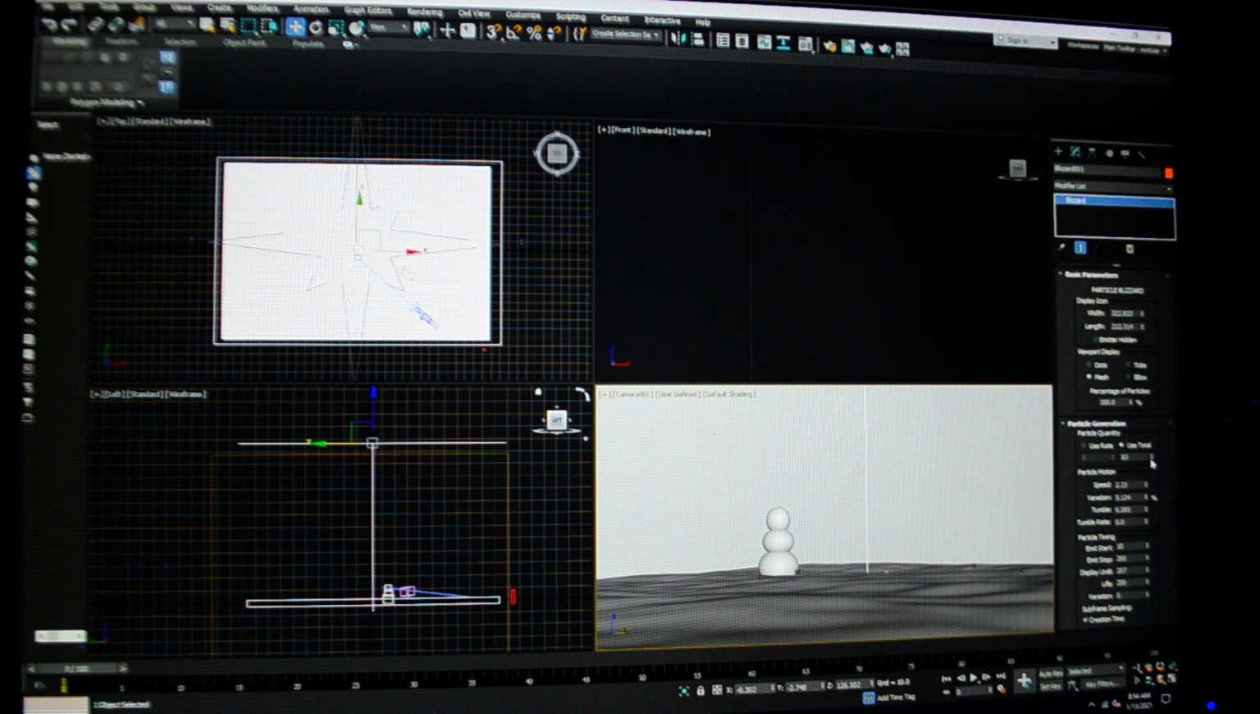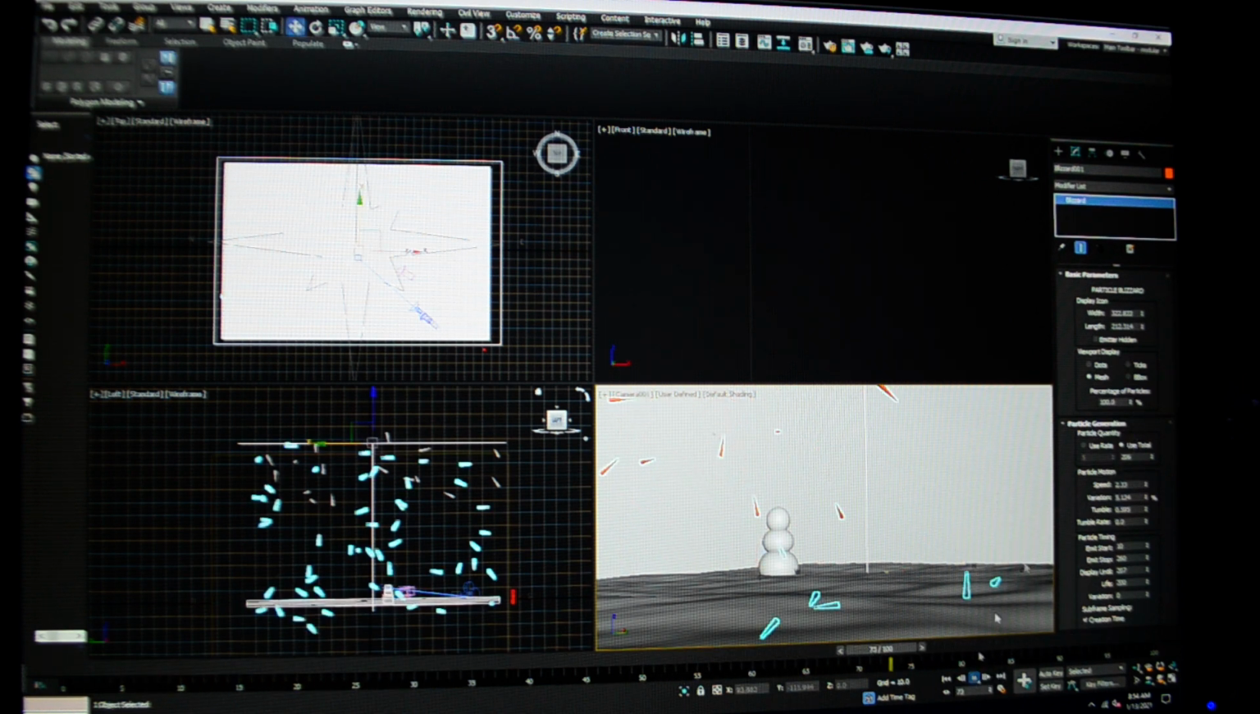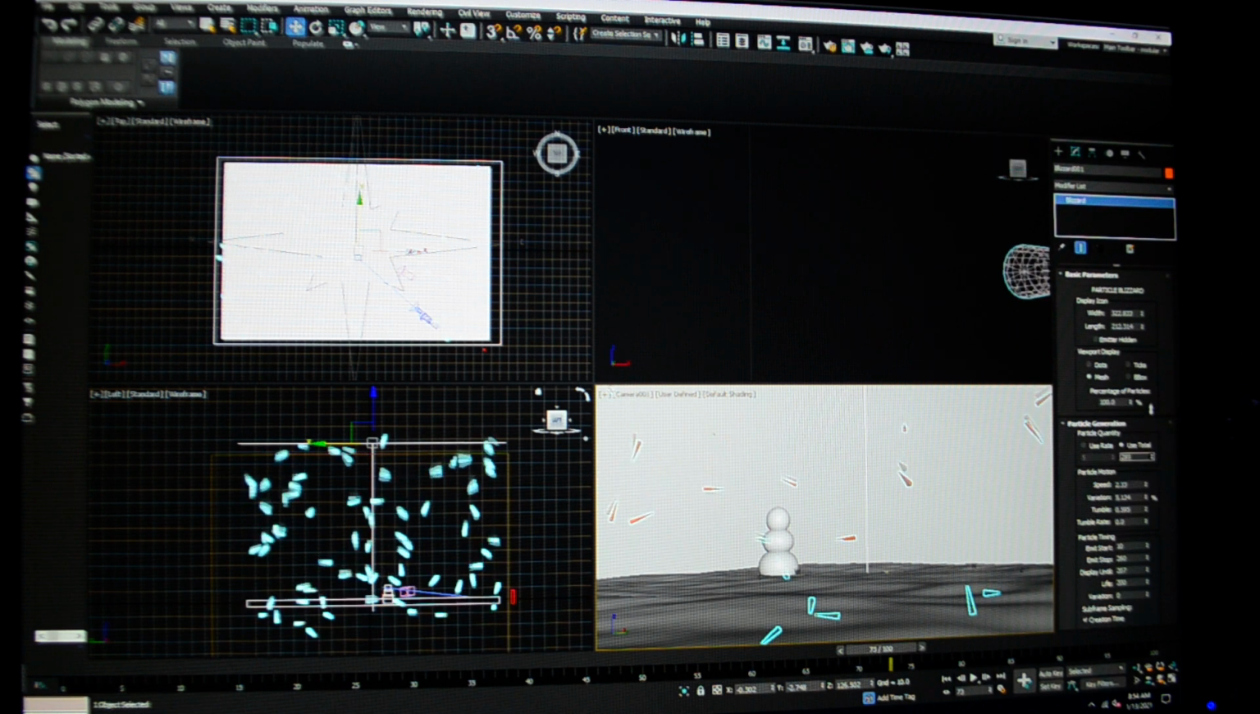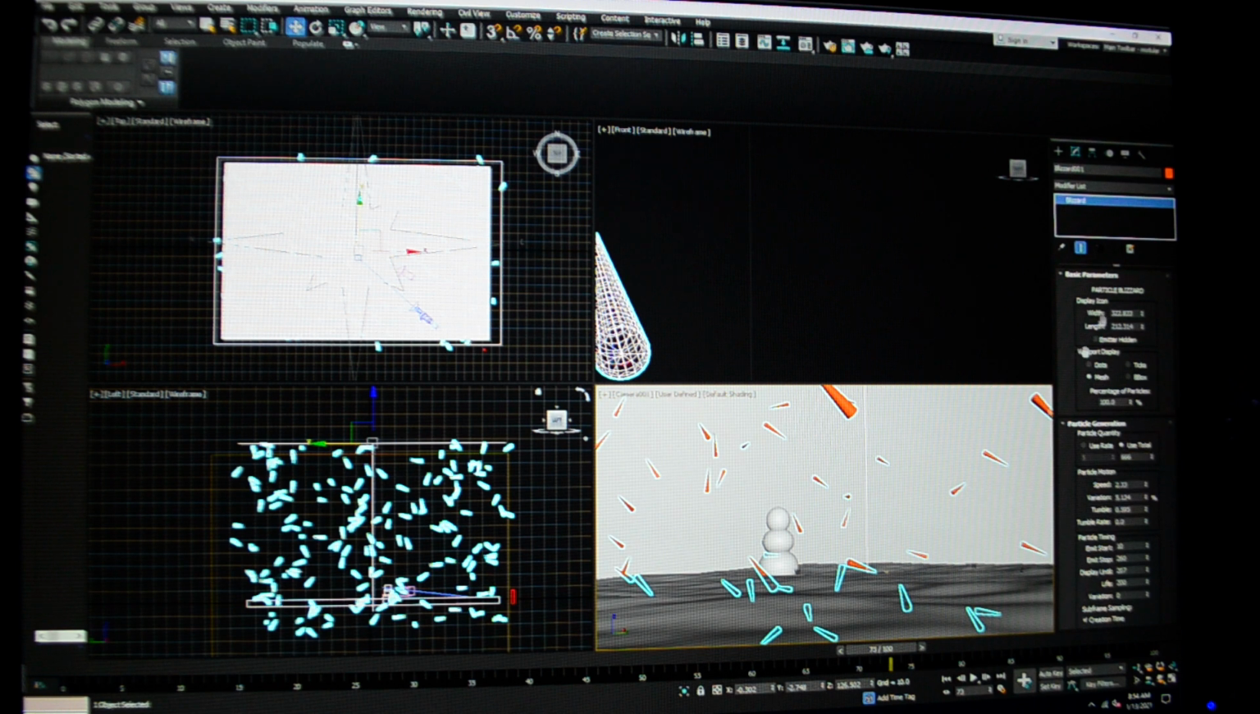Let's see how that looks. There we go. Not enough carrots, but I like that better. Okay, let's see what 200 does. Still not enough. And that's the thing about 3D Studio Max, you just keep adjusting. And see, now there we go. The carrots are building up on the